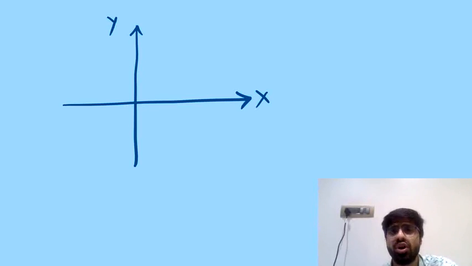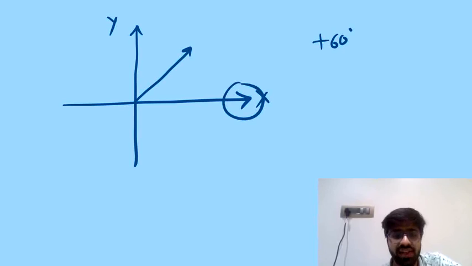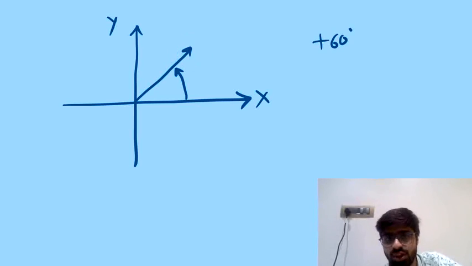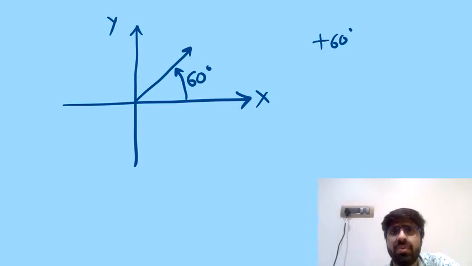Say for example, I talk of an angle of 60 degrees. 60 degrees means you need to start from the positive x-axis, and because I said 60, I meant plus 60. A positive angle always refers to anti-clockwise rotation. So starting from the positive x-axis, we move anti-clockwise 60 degrees, and this is the terminal position where we reach. So this is 60 degrees as per the proper convention, or the method by which we measure angles in the XY coordinate system.